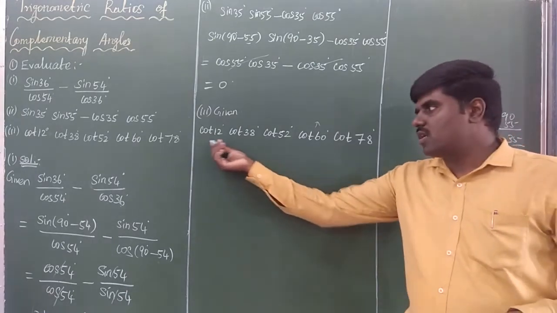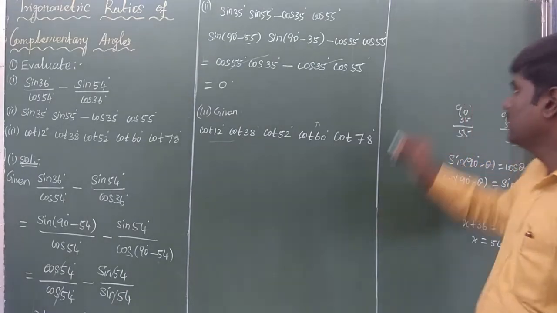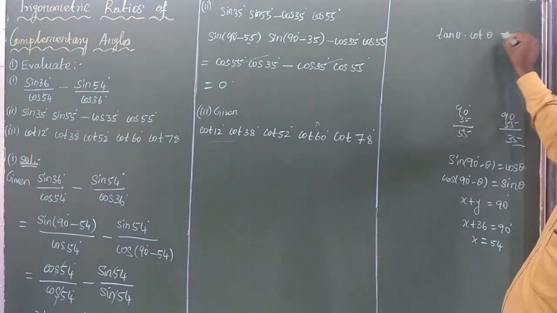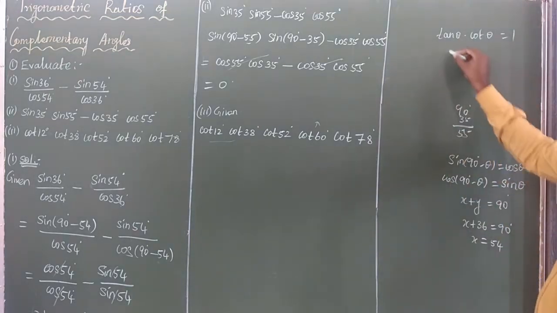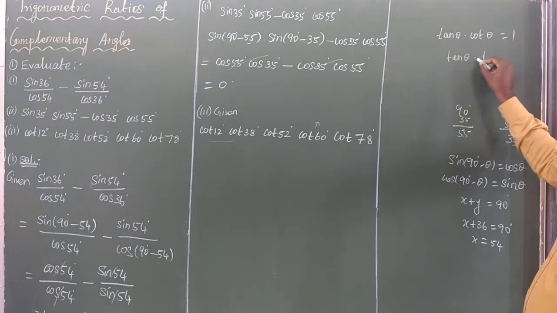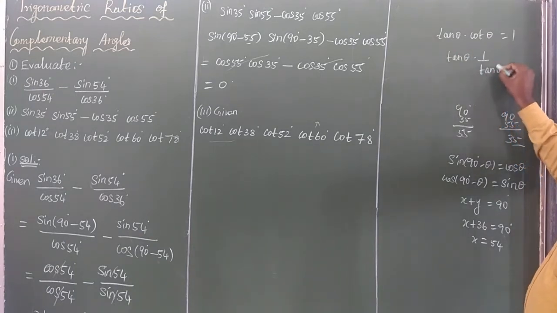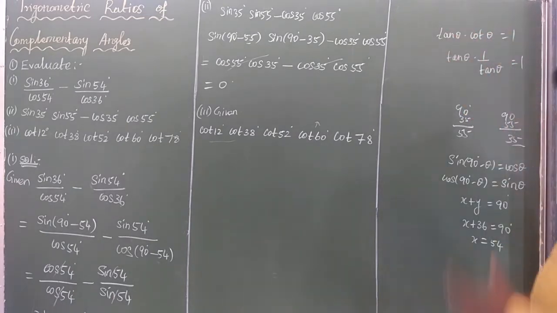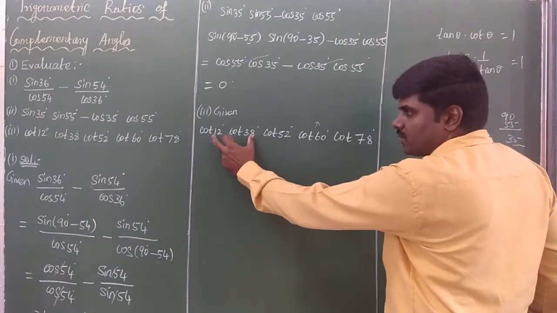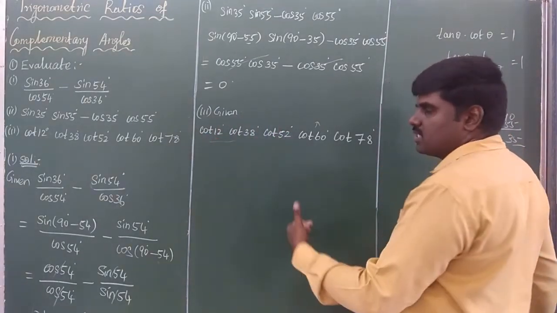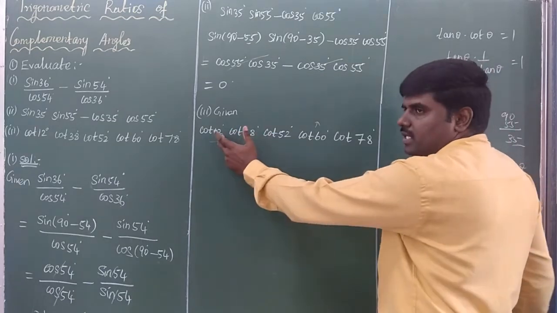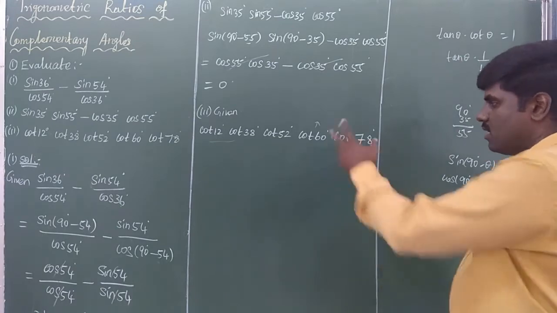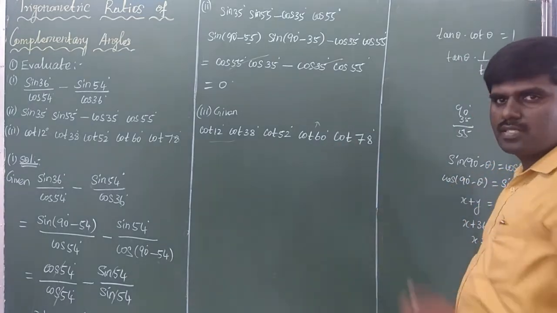Why will you change any 2? Here, the tan term I will change to the cot term, meaning tan theta into cot theta. What should the value be? That value should be 1. What is the meaning of the definition? Here tan theta into cot theta, I will change tan theta to 1 by cot theta, and it is equal to 1. Otherwise, tan theta will change to 1 by cot theta, equal to 1. So I will change the first 2 values. This is tan 12, I will change to cot 12 degree. Automatically 2 will change. Okay, easy to find.